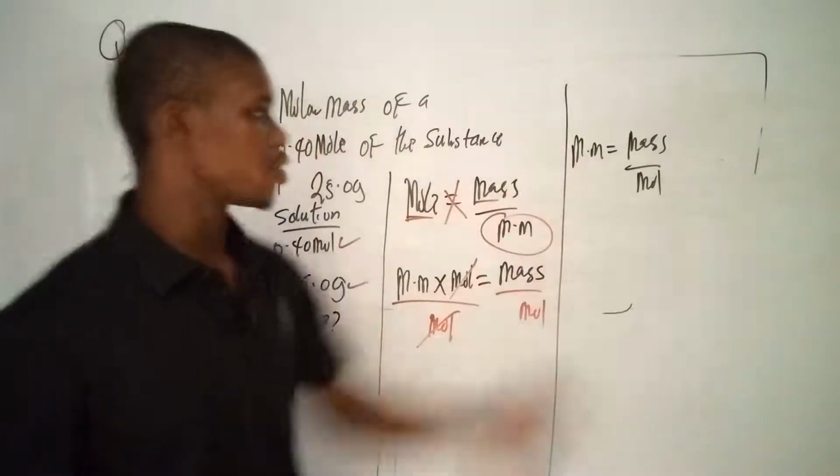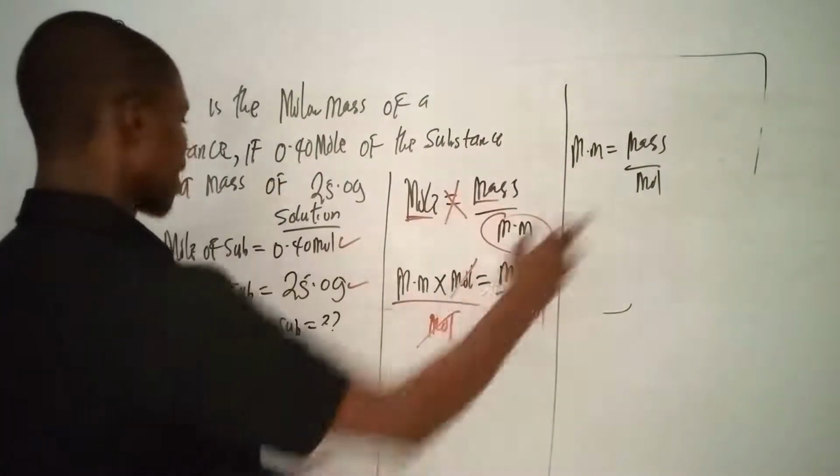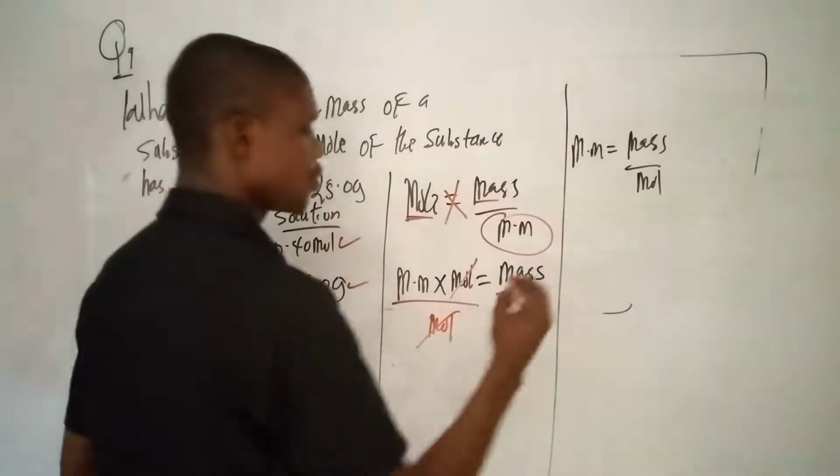So what I'm going to do here is substitute my values. What's my mass? My mass is 25. So it's going to be molar mass